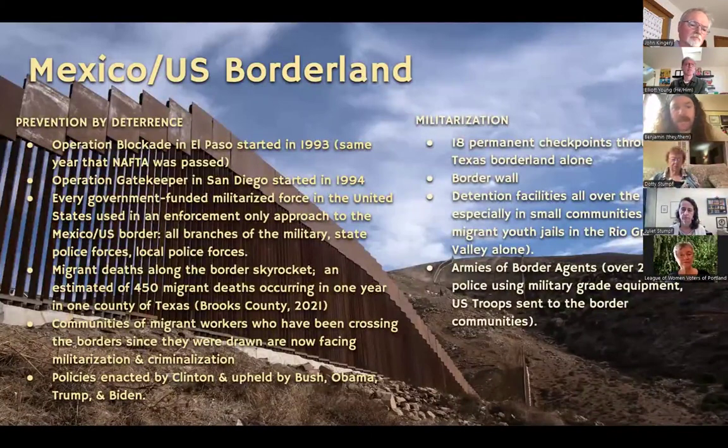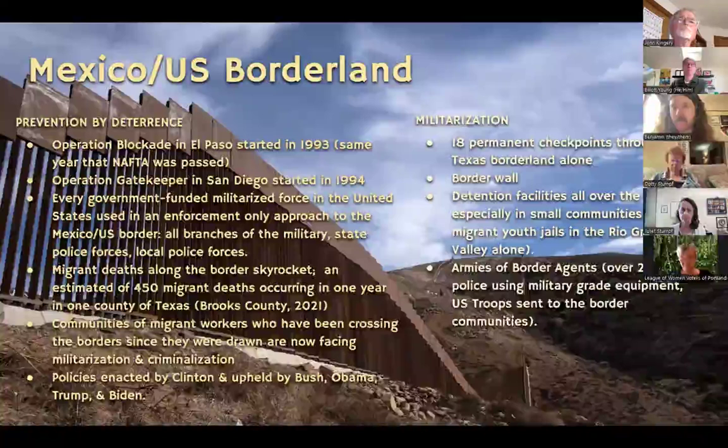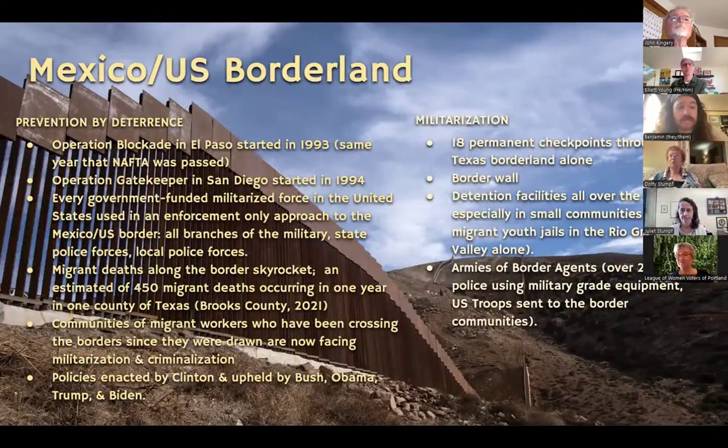In 1993 and then 1994, we saw the US government practice and then implement a series of border policies fundamentally grounded around the idea that if you make the Mexico-US border egregiously dangerous to cross, people won't leave their home countries. What I've learned in my work, and what I see over and over again, is that what is actually happening is forced migration out of people's home countries, which, with the implementation of prevention through deterrence, means people who have no choice but to cross, who try to leave their homelands to find somewhere to live, end up dying along the